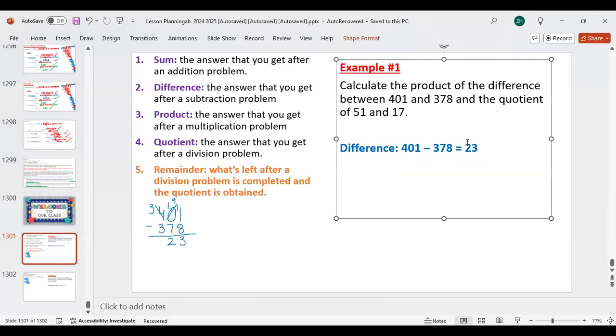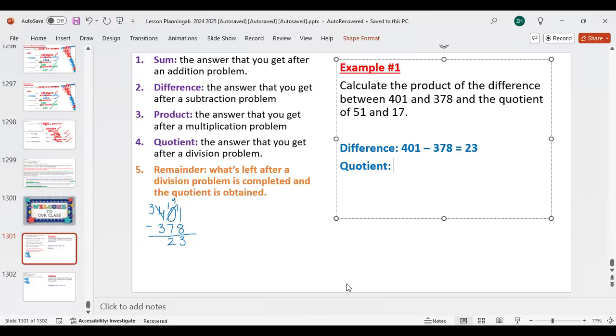What else we have to do? You have to divide the 51 and 17. Very good. What do we call that? What are we trying to find? The quotient. The quotient. Very good. So the quotient is going to be